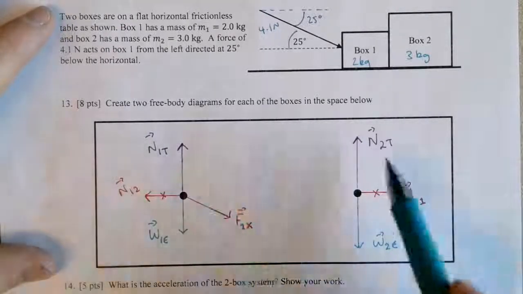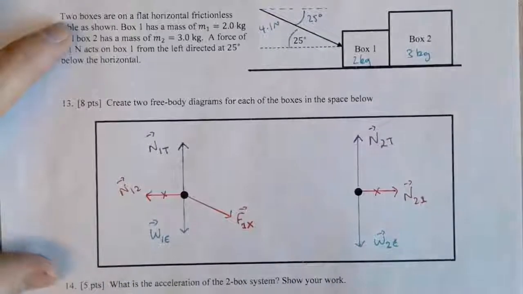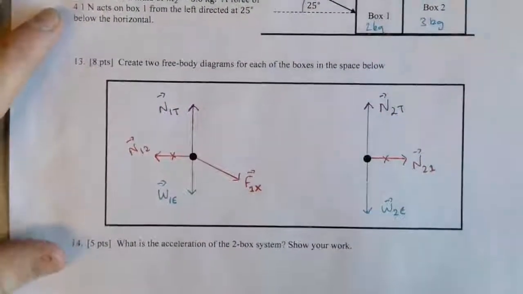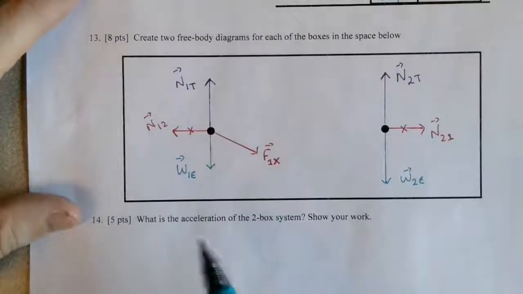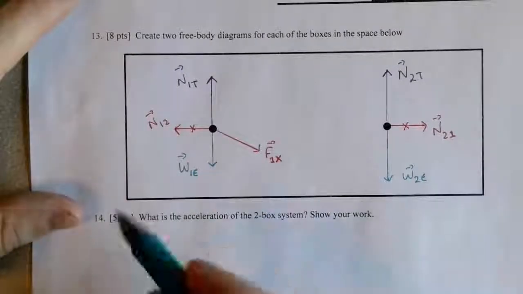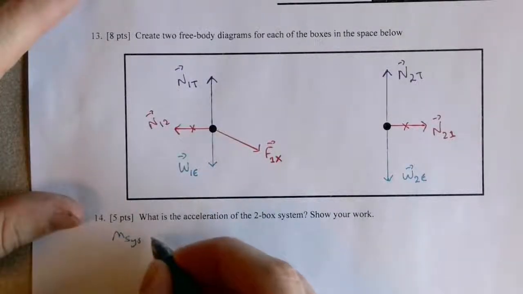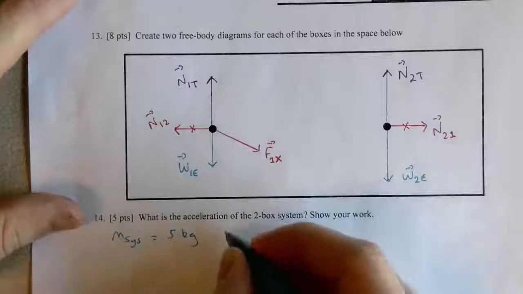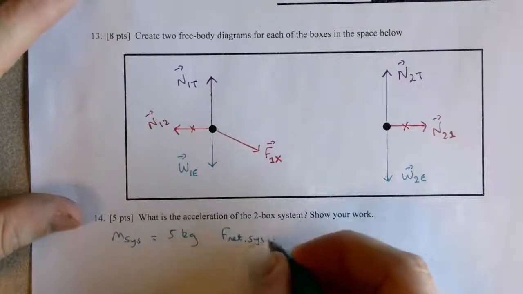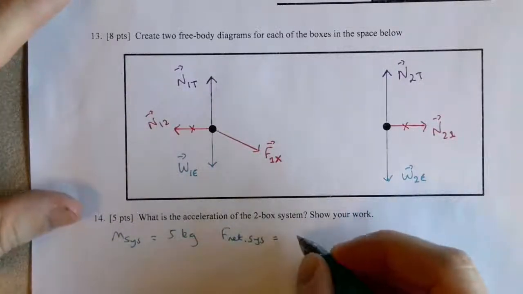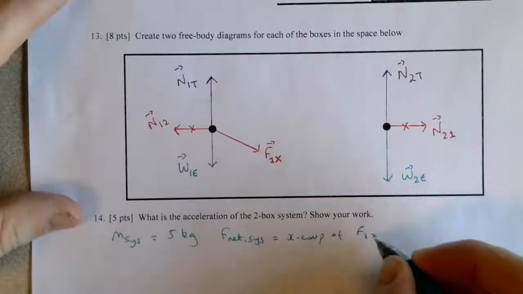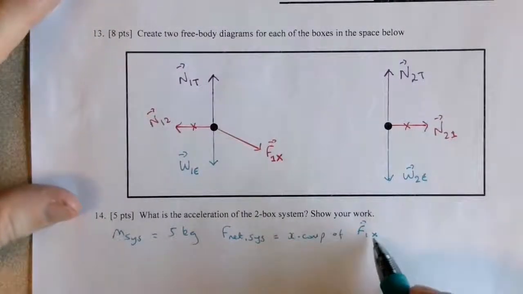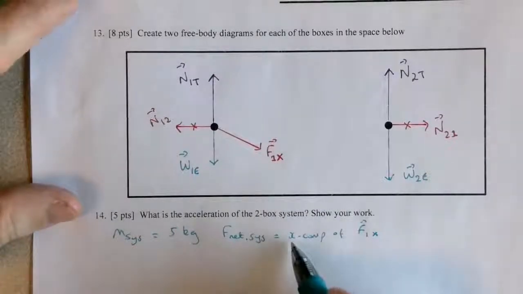The sum of the normals would cancel out the sum of the weights, so you'd only be left with the net force on the whole 5 kg system, which would be the x component of F1. So the mass of the system is 5 kg, and the F net on the system is the x component of F1. Not to confuse these two x's: this x is just representing some mystery object, and this x is representing the x direction